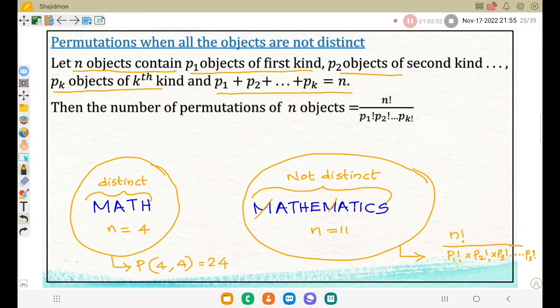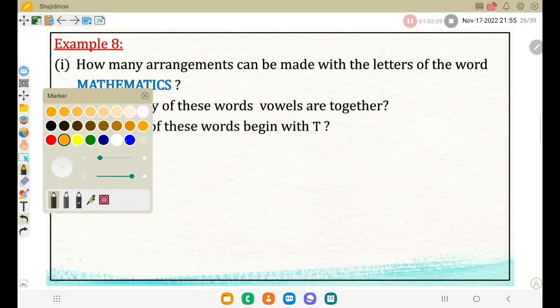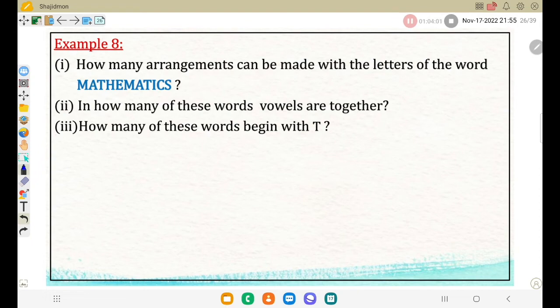Okay, so I hope you understood that one. When we are doing questions, I will tell you more. So, one example, the same example we discussed now: how many arrangements, meaning permutations, can be made with the letters of the word mathematics? Okay, how many arrangements can be made with the letters of the word mathematics? So I can write here, for example,